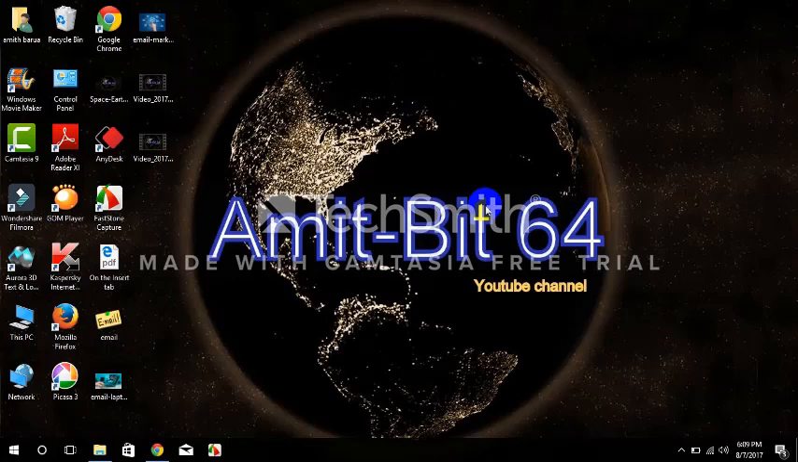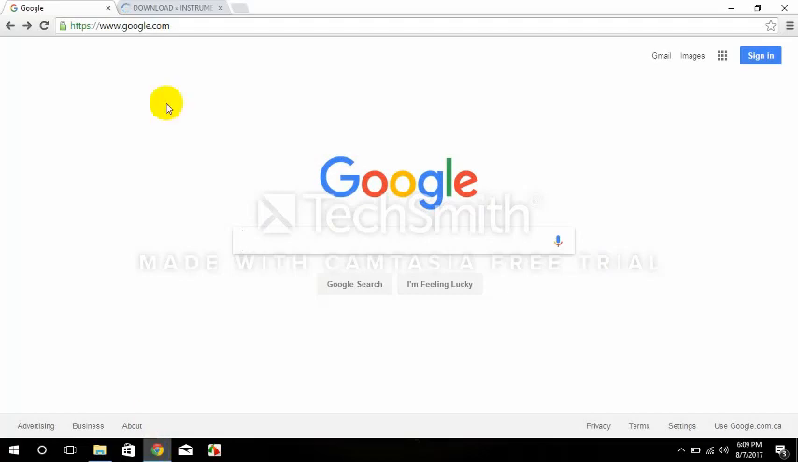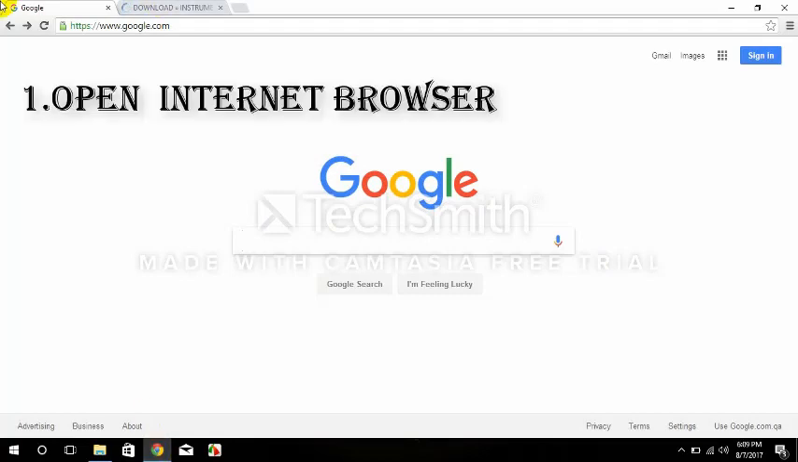To create a Gmail account, you need a computer with internet access and a web browser installed on your computer. As a browser, we are using lots of browsers like Google Chrome or Mozilla Firefox. So I'm using Google Chrome. You have to open the Google Chrome web browser. See,